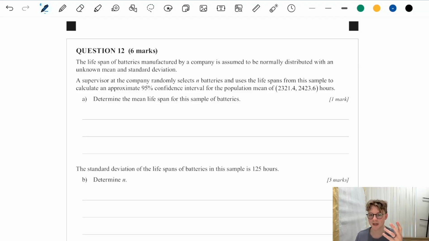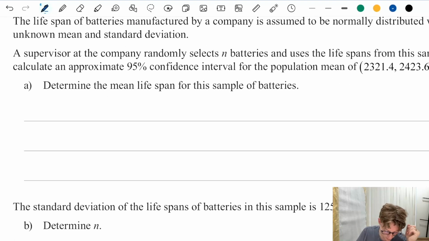This is really like a methods idea, right? If I want to find the mean of the sample and I'm given a confidence interval, well, the mean of the sample is going to be the center of the confidence interval. So to find the center of my confidence interval, I simply add my boundaries together and divide by 2. In other words, my sample mean, which is given by x bar, is equal to